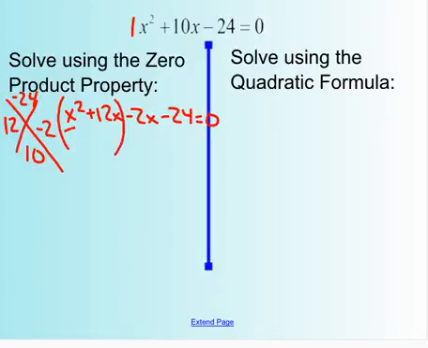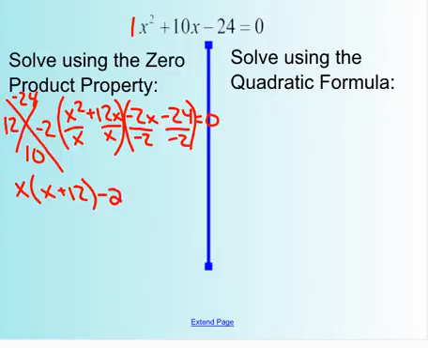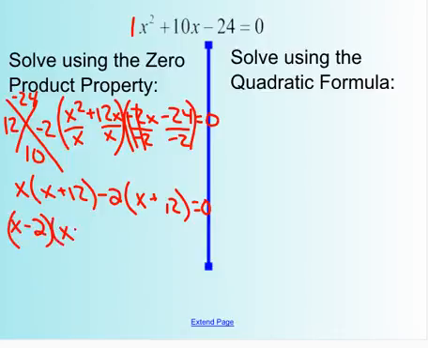If I group this, this is x, GCF. This one is a little bit trickier. It's -2 and -2. So don't forget, this would have been x times x plus 12 minus 2. Alright, because then these cancel. That would make that a positive x. This would become a negative, and a negative is a positive 12. So I knew to get rid of that -2 because then it's going to make us both x plus 12s here. X minus 2, x plus 12